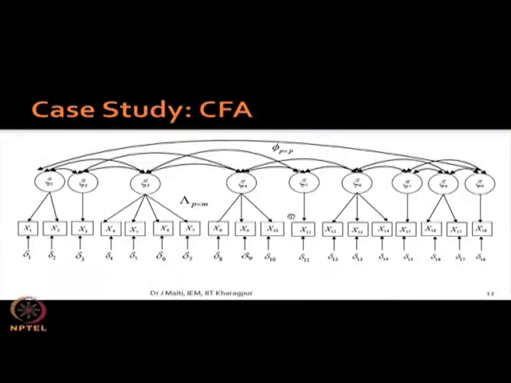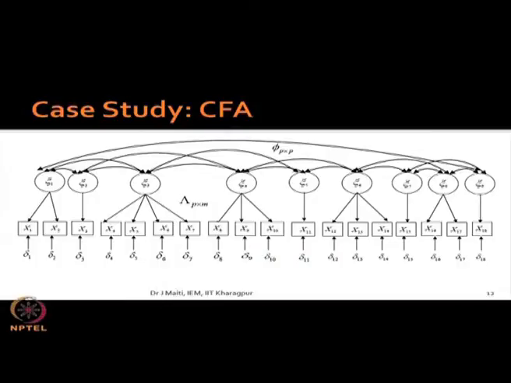The same thing, if you write in the confirmatory factor analysis form, will be something like this. The covariance structure between these 9 xi variables is not pictorially shown because of space constraints. And then you can immediately go for the equations for this.